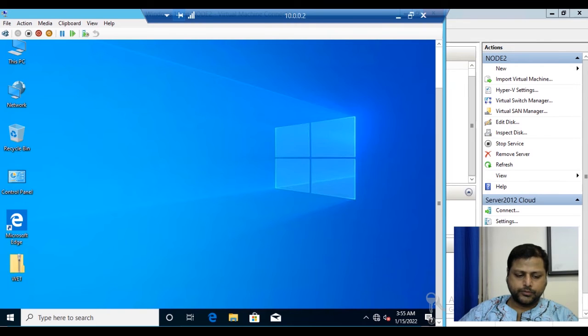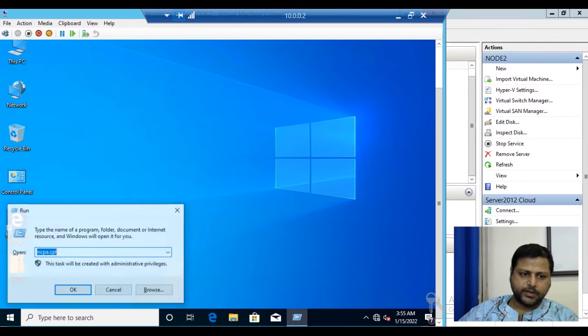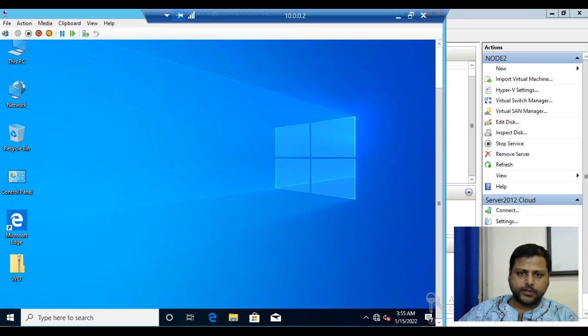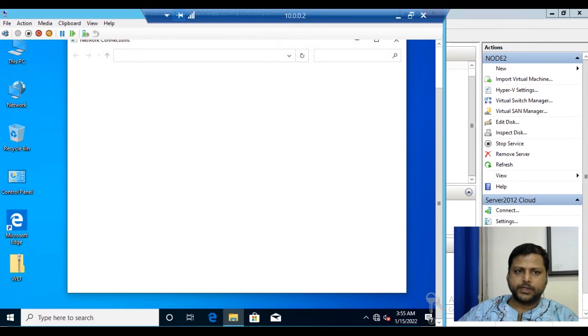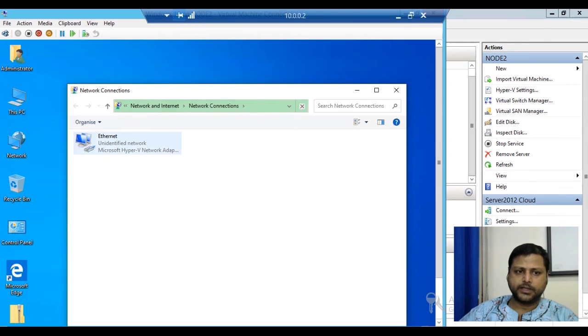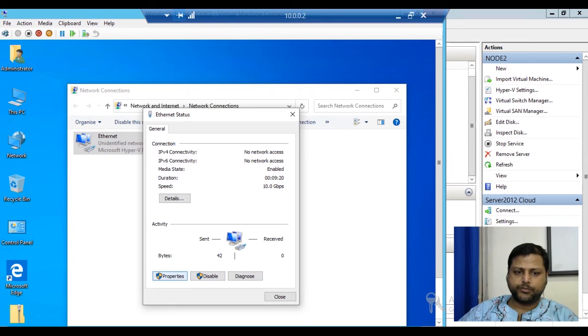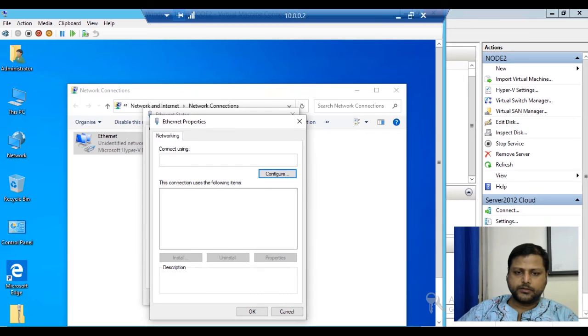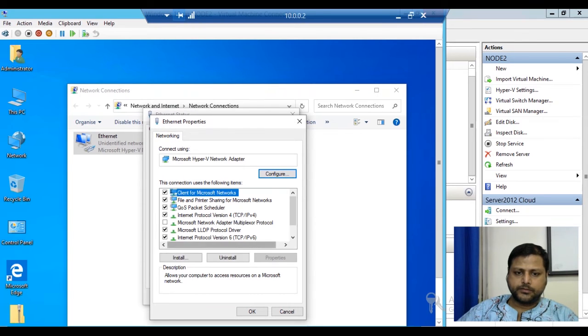So we'll go to network sharing center, and here we'll go to the network place, and here we will configure the IP address in IP version 6. So we can see that we have come to the network sharing center. Here we will go to the Ethernet properties, and when we come to the Ethernet properties, we'll go to TCP/IP version 6. So we'll click on IP version 6, and in IP version 6 we will open the properties.